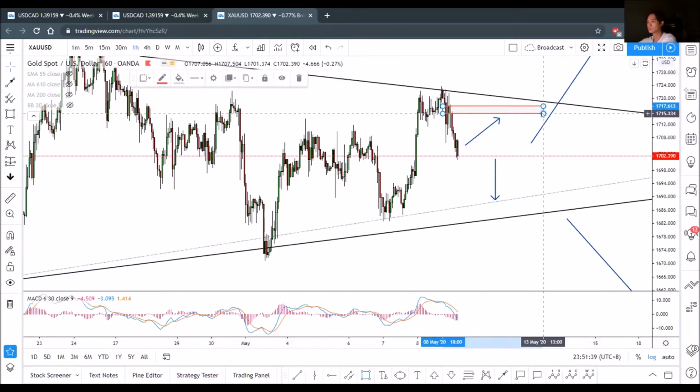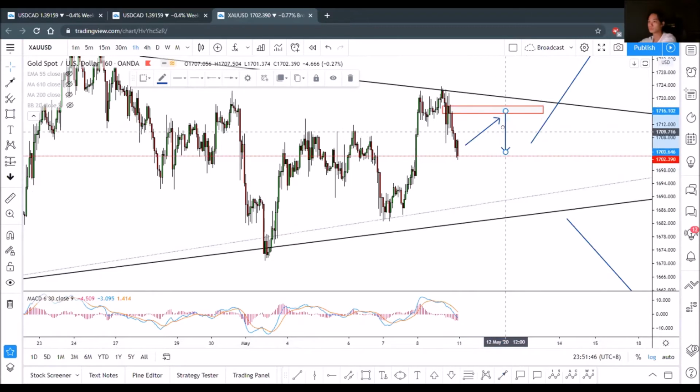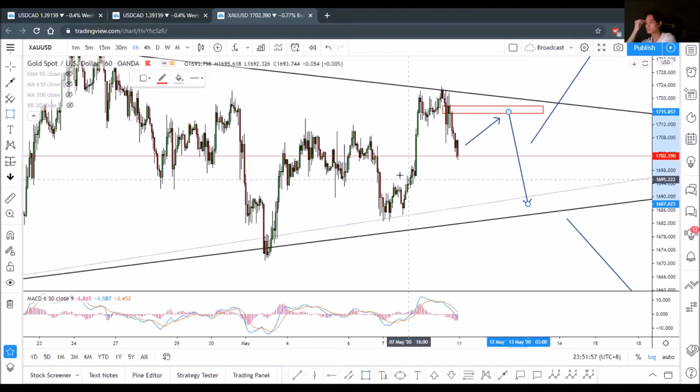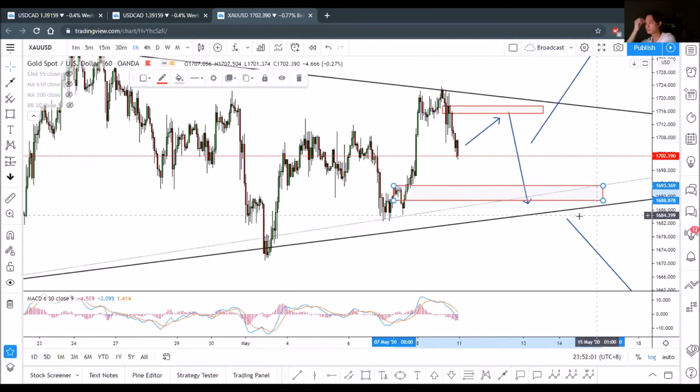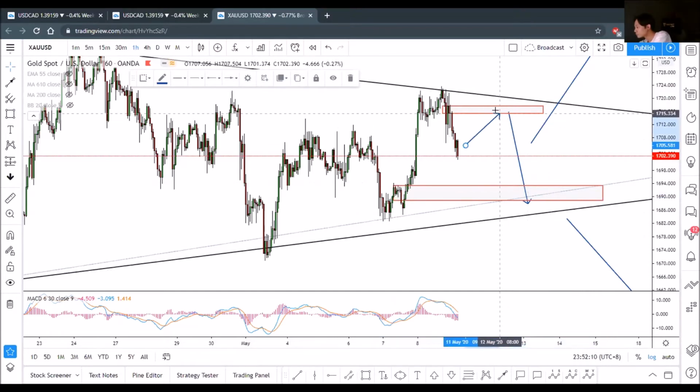There's 1,715 to 1,717. Then we can look for an opportunity to sell again at this price level, all the way to the bottom of this symmetrical triangle. So somewhere within this zone would be good. 1,688 to 1,693. So it's very straightforward for the gold, but of course, if it came up, and